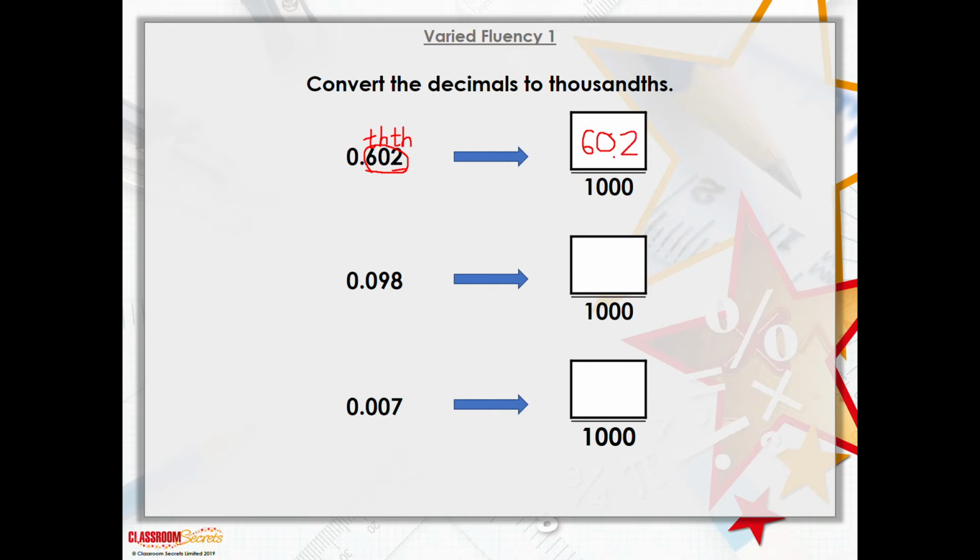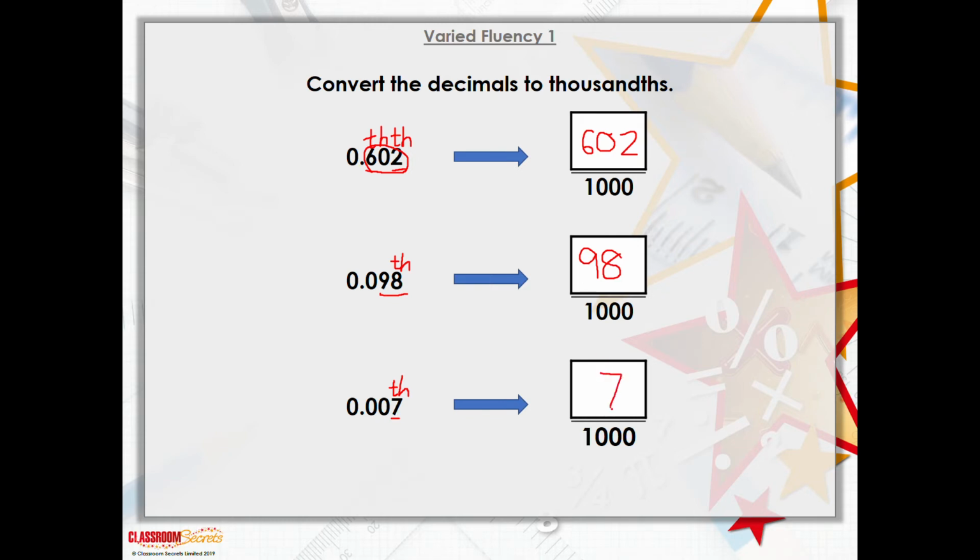602. Thinking about that then, when we have a look at 0.098, here's my thousandths column. I know that I've got an 8 in there, that I've got 8 thousandths, but actually when I look at it, I have 98 thousandths. So the answer to that one is 98 thousandths. And finally, when I look at this decimal here, 0.007, there's my thousandths column. The only digit that I've got in there is a 7. I don't have any other digits in the tenths column or in the hundredths column,